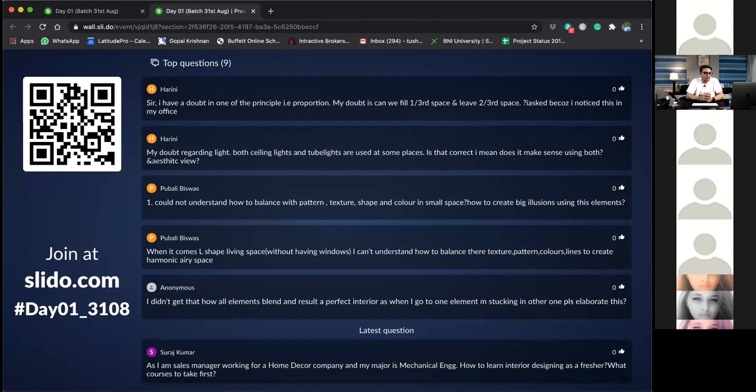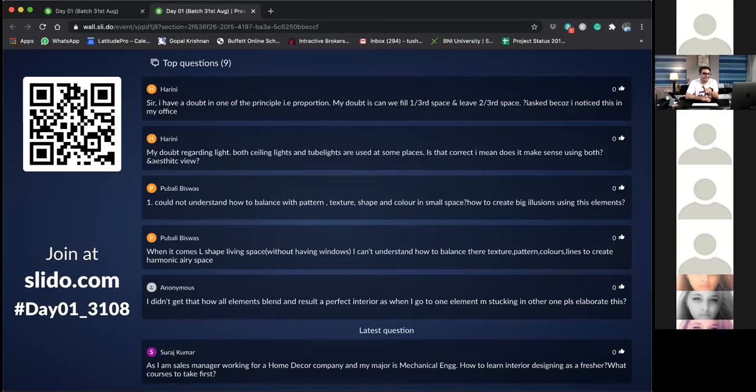Okay. And if it is an L-shaped space without a window, I'm not able to visualize how something can be like that without a window. I'm not sure. But if it is without a window, I'm sure there must be at least on one wall a big window or something wherein the light is coming in. And even if there is a window, which is the only source where the light is coming in, go ahead and use the lightest stuff wherever possible. Okay, so that is one thing that you need to do.